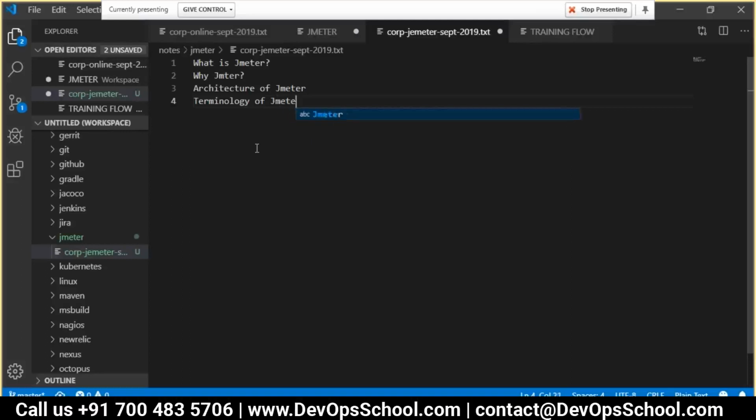And then finally, understanding a prerequisite of JMeter, which is JDK,